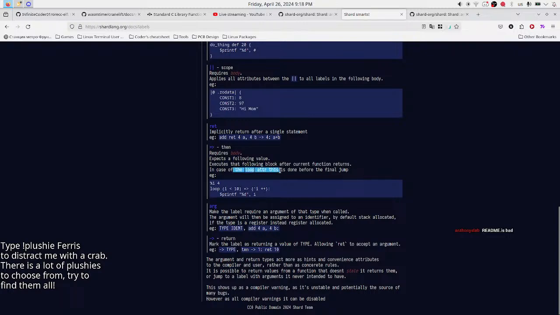In case of the loop attribute, this is done before a final jump. Like the site said, docs on shardlang.org are the only source of truth. So what's true, this arrow or this arrow?